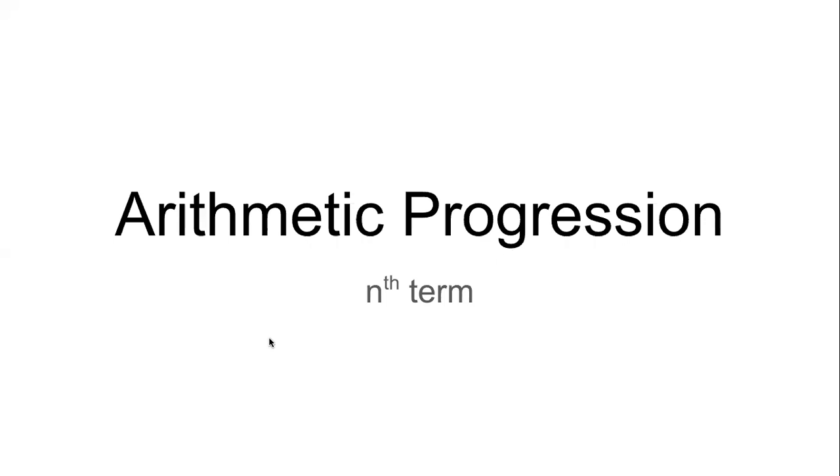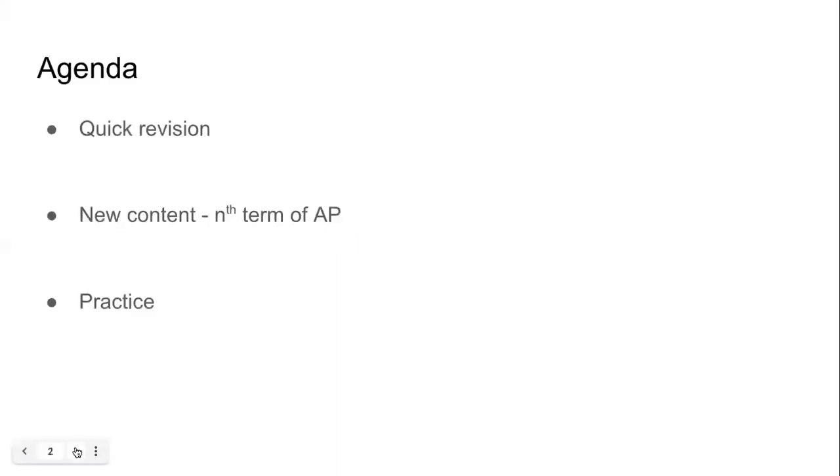Are we ready to begin? Keep your textbooks closed. We will need notebooks, pens and pencils. We don't need the textbooks now. This is how this session will look. We will do a revision. I think it will be quick. I don't know. We will see if it will be a quick revision or a long revision. We have the time. Then we will study something new. You already know what that new thing is. It is the nth term of AP.